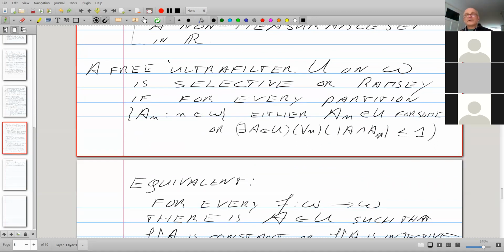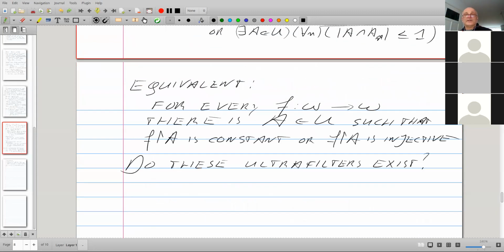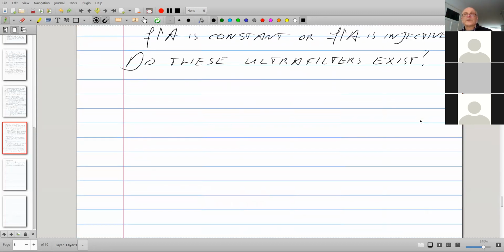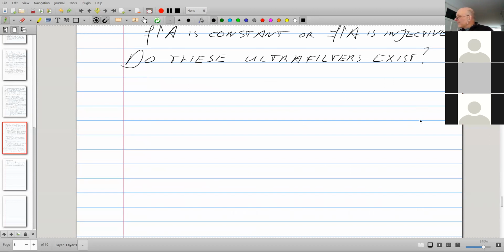Because if you have a fixed ultrafilter, it's fixed on one point, and that one point set does what we want here all the time. And actually, you always get the first alternative because you simply look which element of the partition your point is in. Okay.